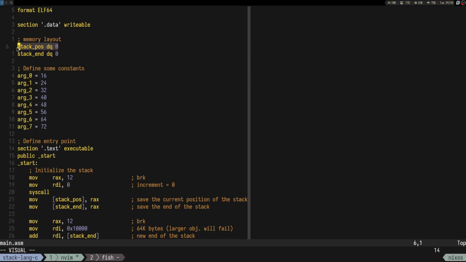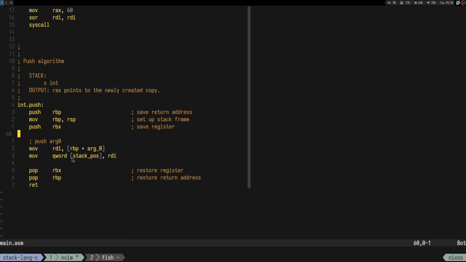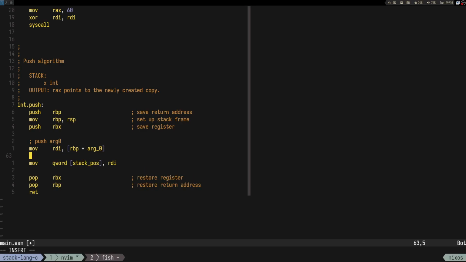If we dereference it once, it's going to represent the place in memory where we store the variable, and we have to dereference it again to be able to write into that buffer. So this thing wouldn't work. So what we have to do actually is, let's use RSI for this thing. We have to